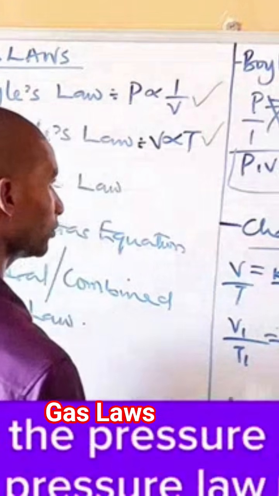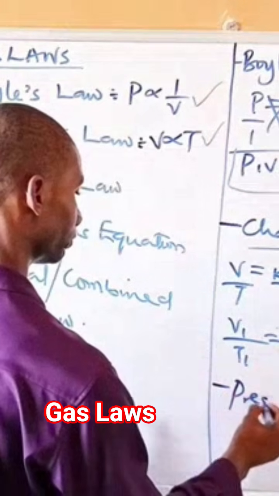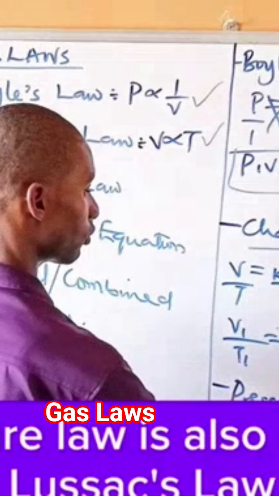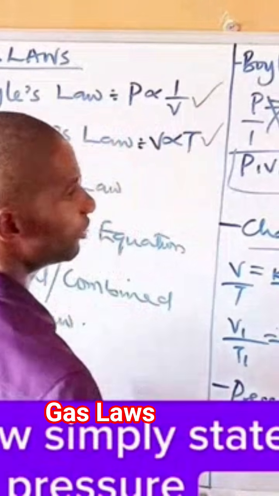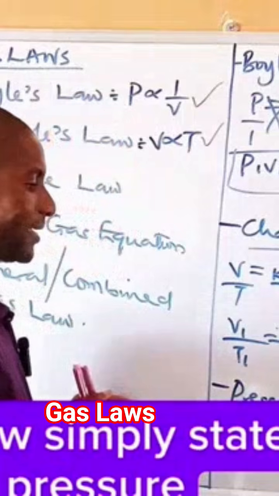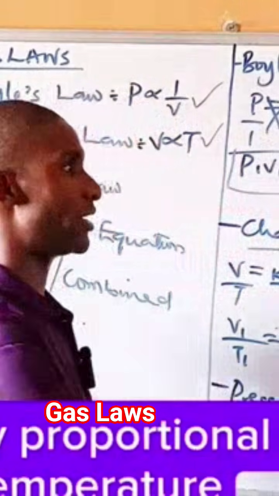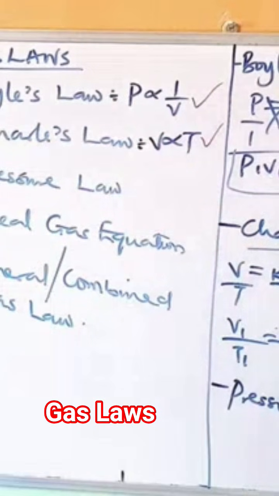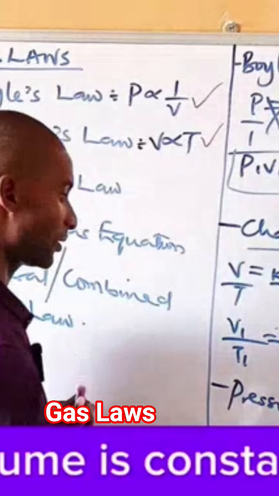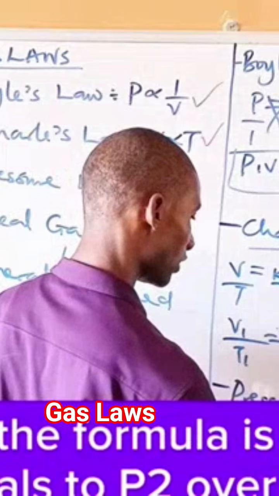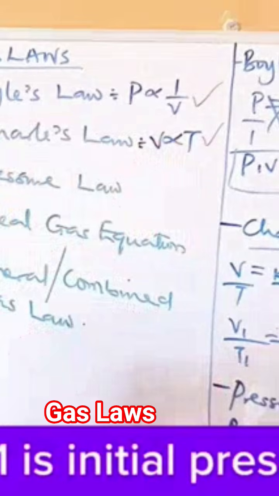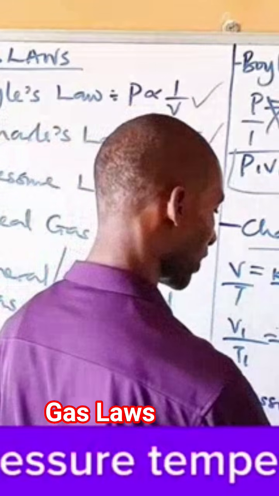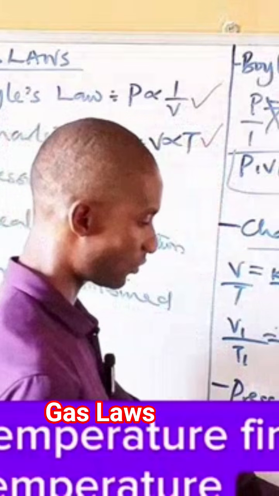The pressure law, this pressure law is also called Gay-Lussac's law. Now this law simply states that pressure is directly proportional to temperature when volume is constant. It's P1 over T1 equals P2 over T2, where P1 is initial pressure, P2 final pressure, T1 initial temperature,